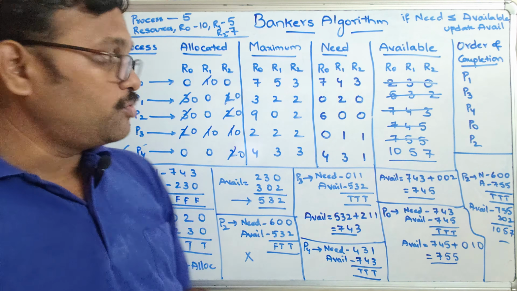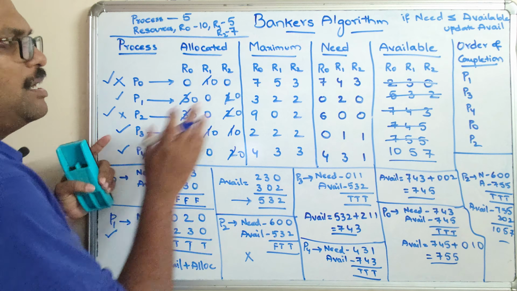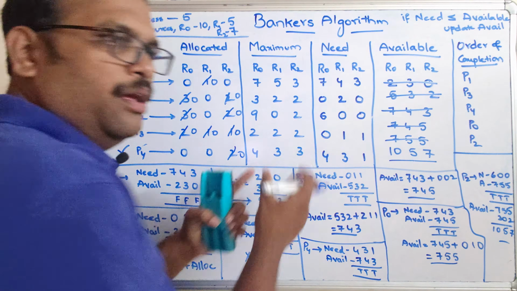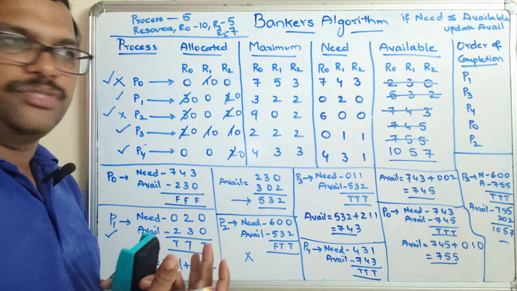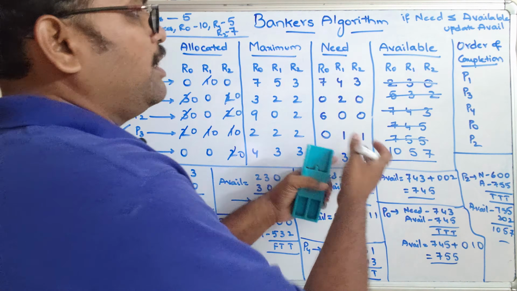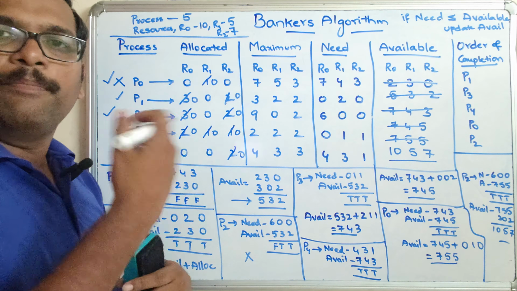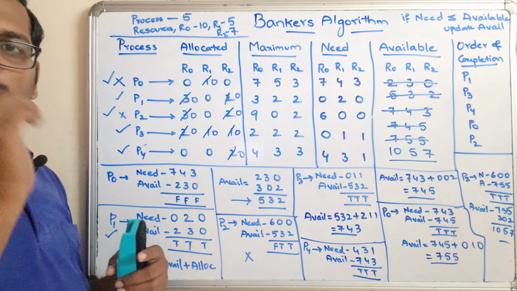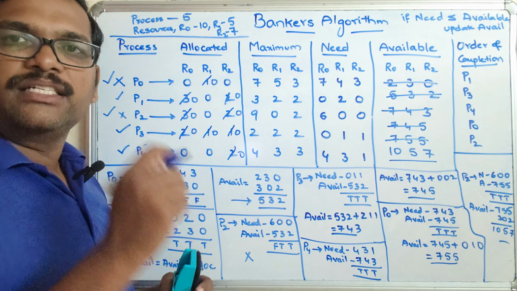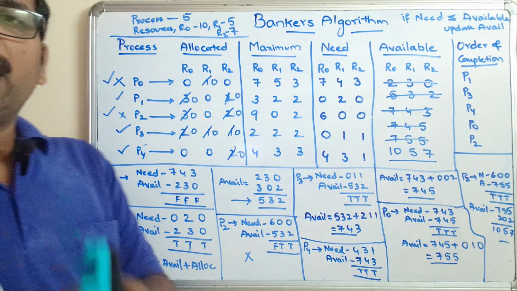Right? So hope you understood. Simple thing. Some resources are already allocated to the processes and maximum resources will be given. These are the maximum resources the process requires to complete its execution. From that we have to calculate the need resources, how many resources are still needed to complete the process, and we have to find the available resources. Only one condition we have to check: if need resources are less than available, simply allocate the resources